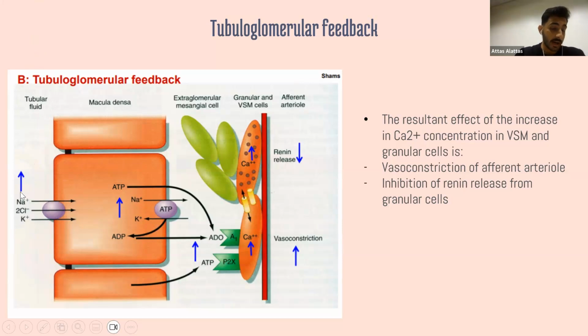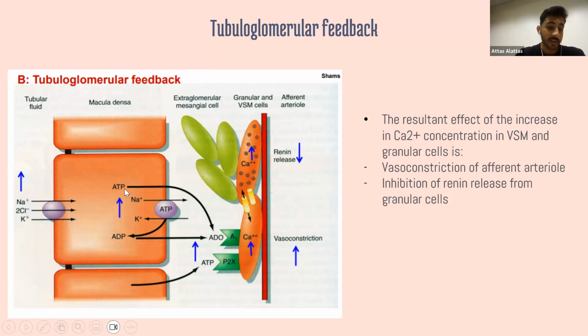Now, because there's more sodium and more chloride, the macula densa cells sense that and take this sodium and chloride into the cell. When they go into the cell, the sodium increases in the cell, and it uses this transporter, and this transporter uses ATP. So it converts ATP to ADP. So sodium then is moved into the